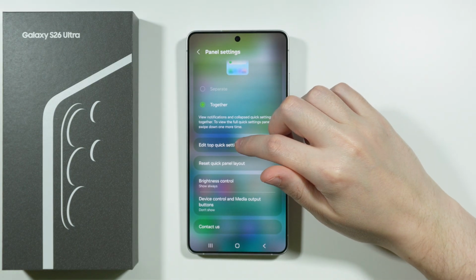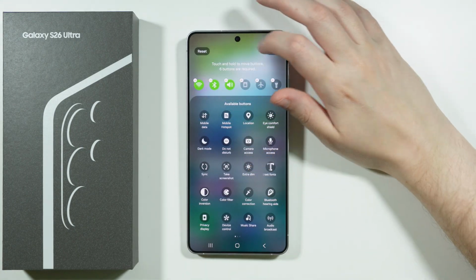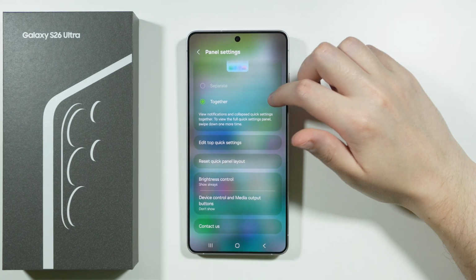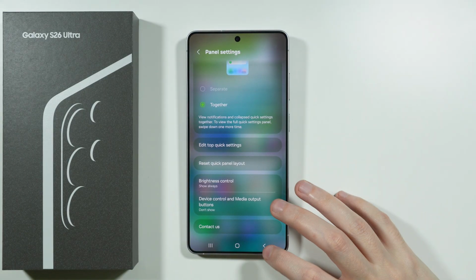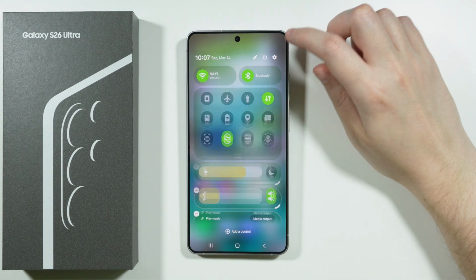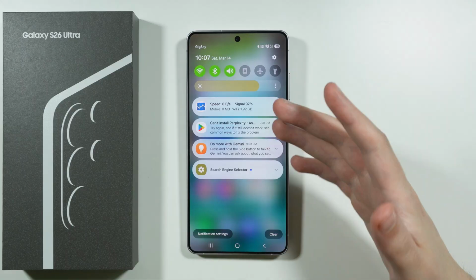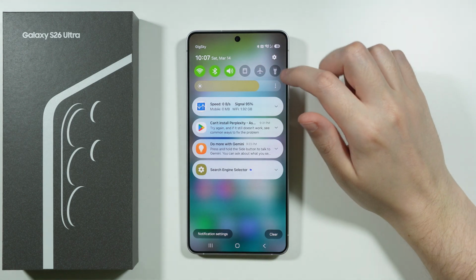You can of course edit the top settings, top shortcuts that we have in notifications, and there are some additional options as well that you can go through if you want to. Tap on done here, and now if you go back, as you can see we have notifications with some of